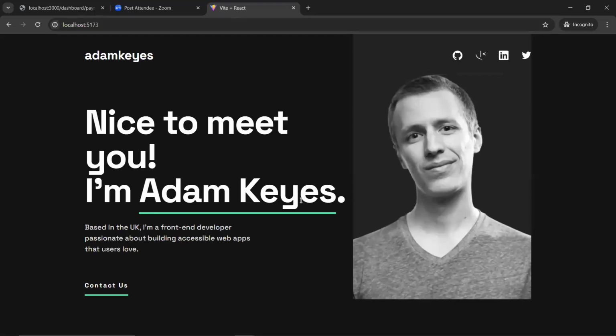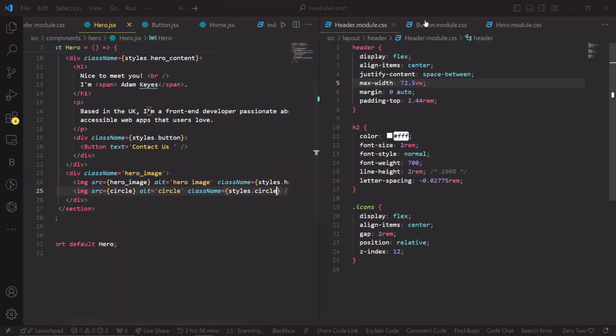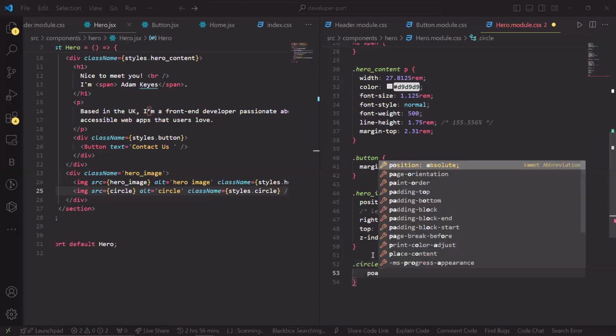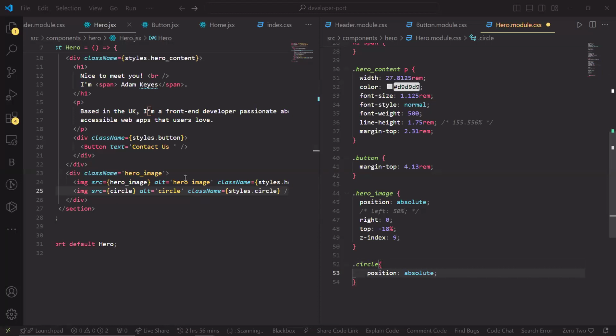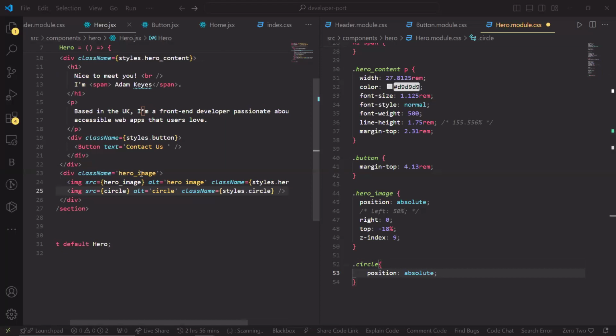Let's see what we have. We can't see it yet. Okay, so we'll come back to this. Let's start our cycle. Let's go to our hero now, and let's target our cycle. So we'll do .cycle, then we'll do position absolute also. Absolute. Now, mind you, this hero image. Oh, I see the issue now. We are sharing two classes here, so I'll just do this and let me remove this, and let's do